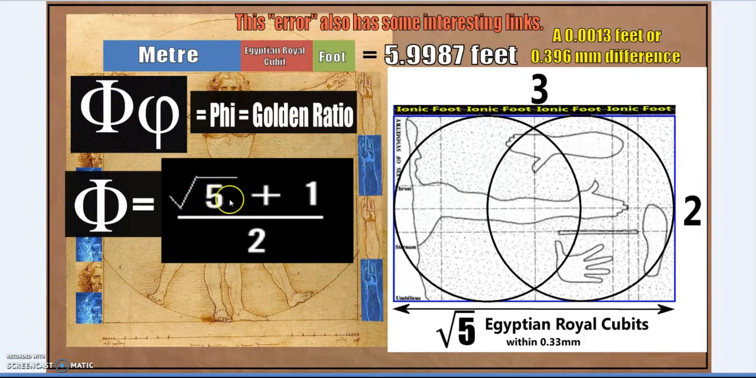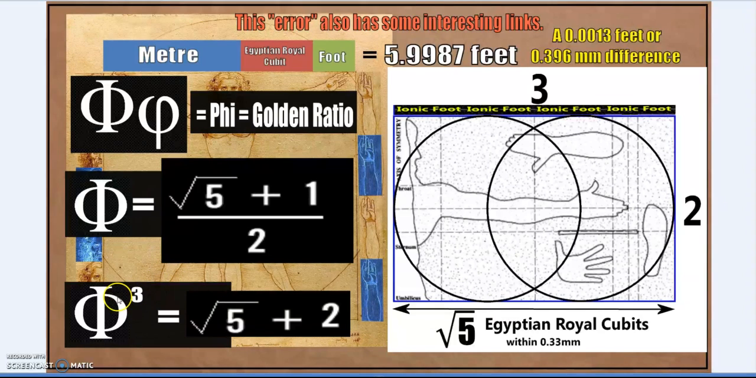Phi equals the square root of 5 plus 1, over 2. The square root of 5 was also linked to the pentagon and the pentagram and the golden number. Now phi cubed is also equal to the square root of 5 plus 2. And so 4 ionic feet, there we have 1 ionic foot, there we have a Doric foot, and just like the imperial English system,